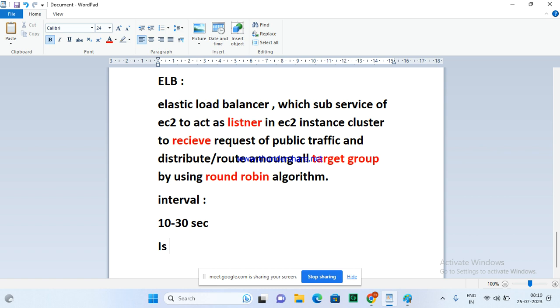Does ELB route traffic to unhealthy machines, unhealthy servers?